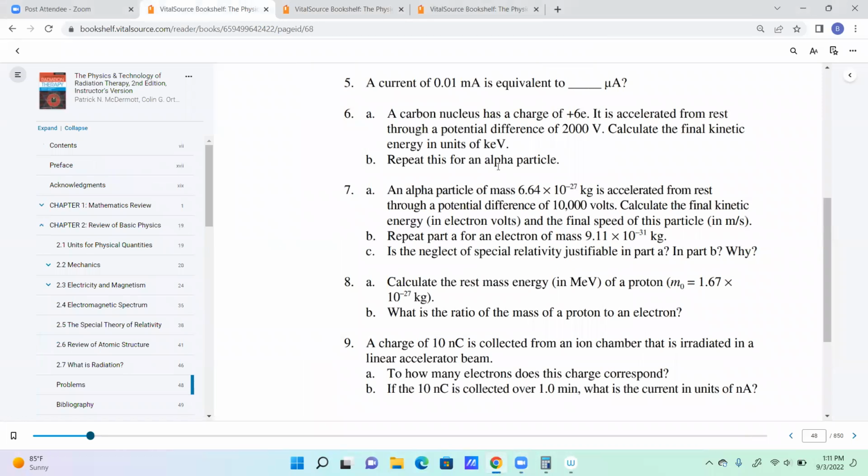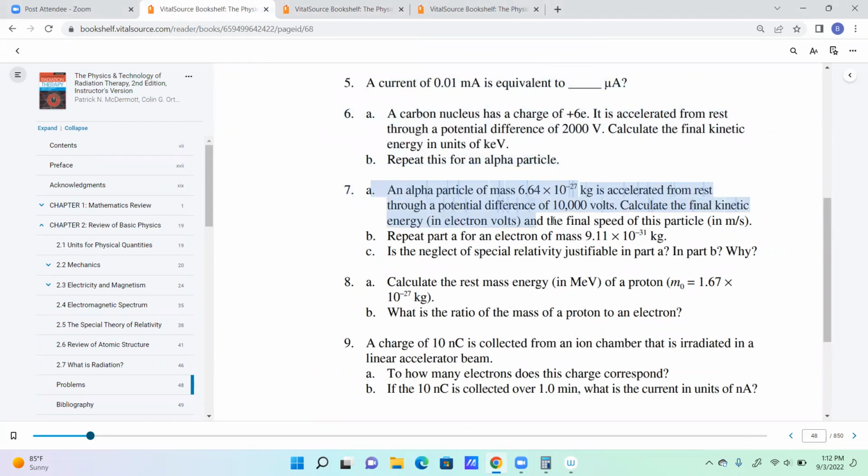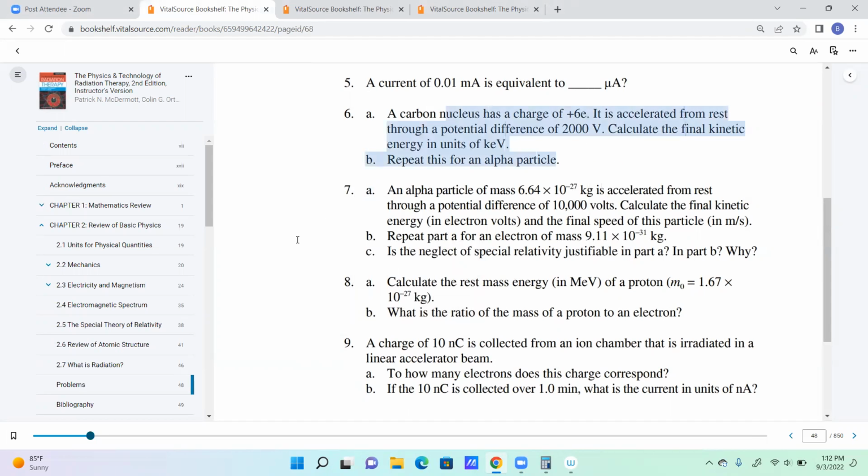Okay, so now let's go to 7. We have an alpha particle that is accelerated from rest through a potential difference of 10,000 volts. Calculate the final kinetic energy in electron volts and the final speed of the particle. So again, an alpha particle accelerated through 10,000 volts is going to be the same as saying